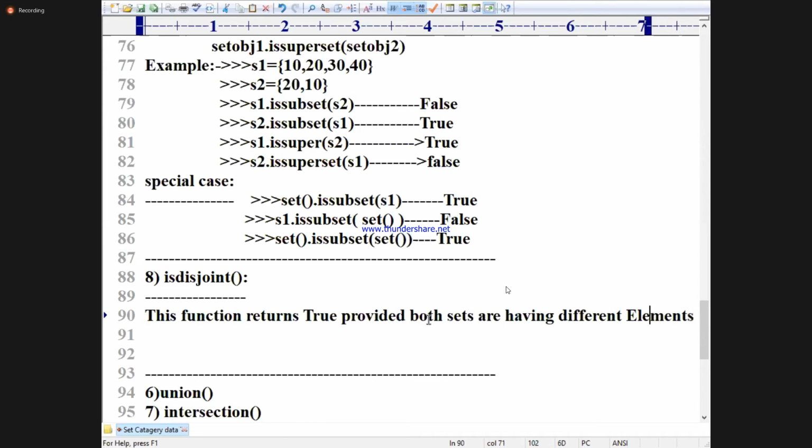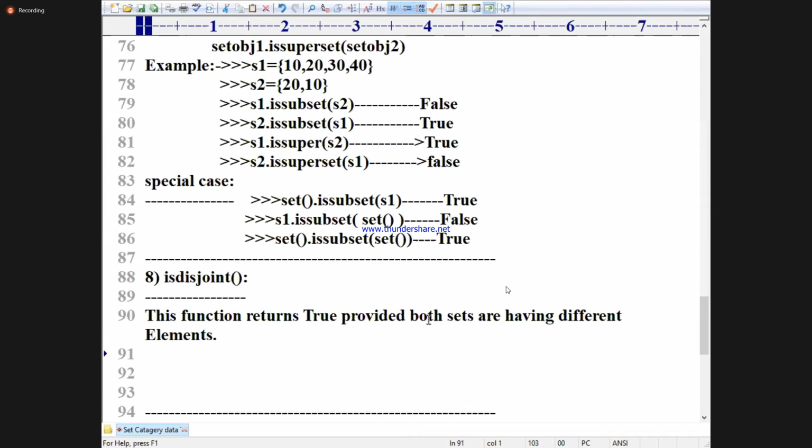This function returns true provided both the sets are having different elements.